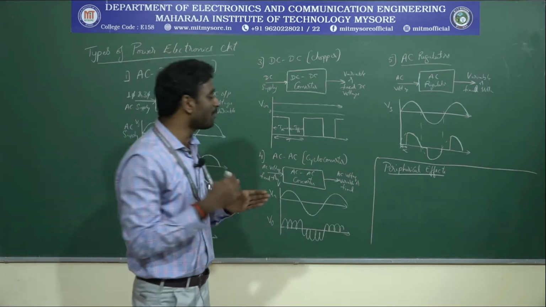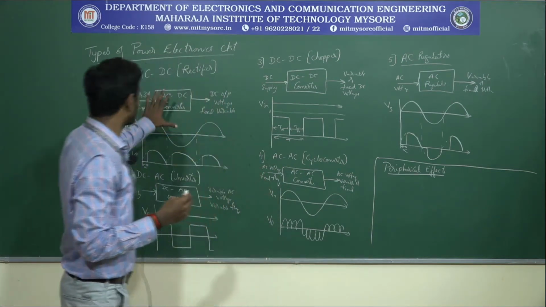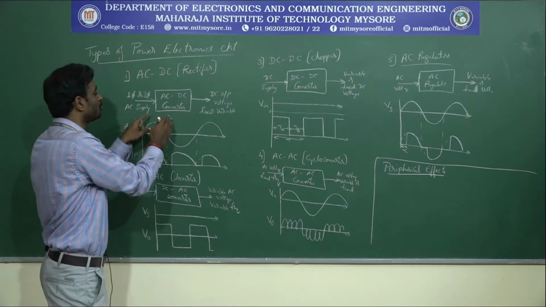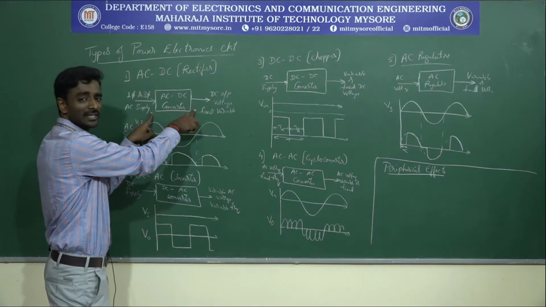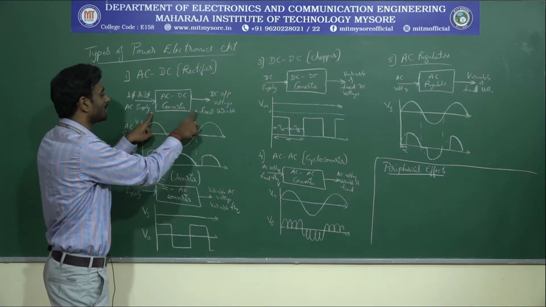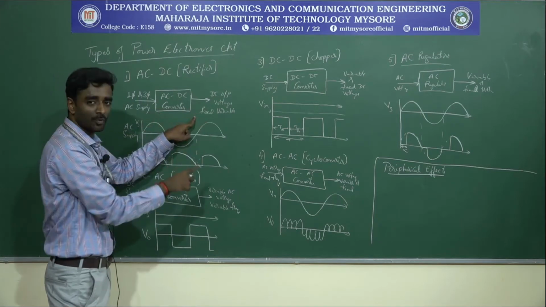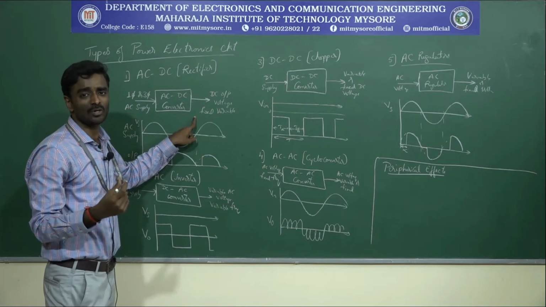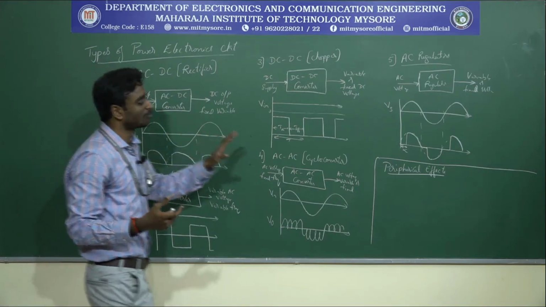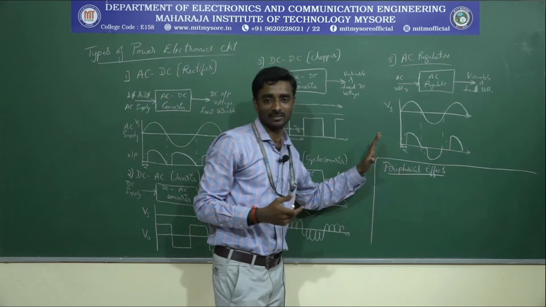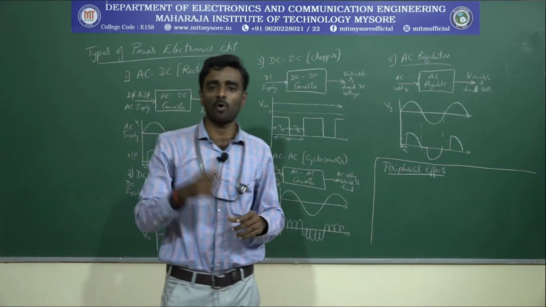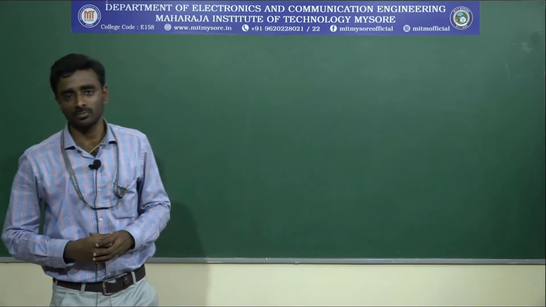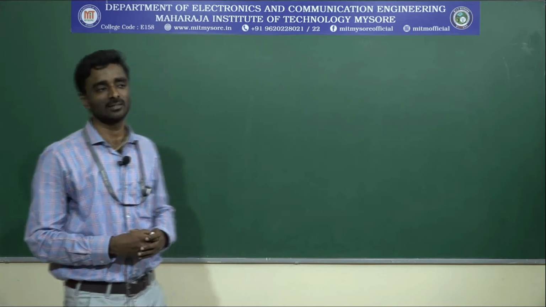So to avoid this, I will be using filters in the circuit here. To avoid this particular distortion, I should use a filter at both the input and the output. So when I am using two filters, one at the input and another at the output, I will get the most desired output as required for the application. So that will be called peripheral effects. This completes chapter 1 in module 1 here. So chapter 2 of module 1 is power transistors.